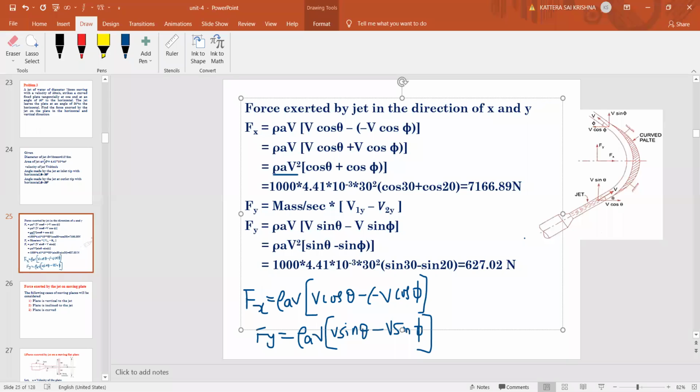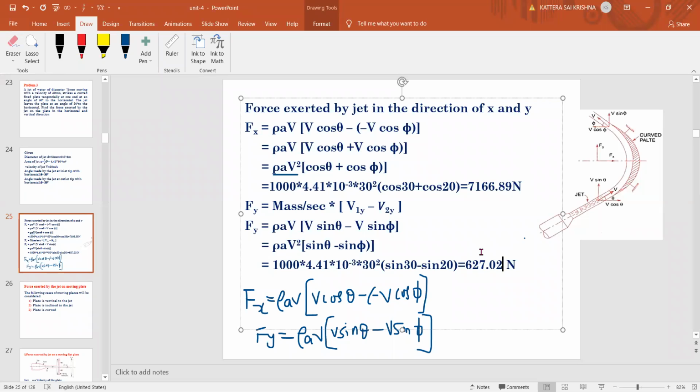In these problems with fixed plates, they cannot ask more than this. The only extra thing that will come in the case of a moving plate is that they will ask us to find work done and power, as well as efficiency. Here the work done is actually 0 because the plates are fixed, so they won't ask for work done in fixed plates. Remember that point. Please copy this. If you have completed it, just inform me. We'll go for the next slide.